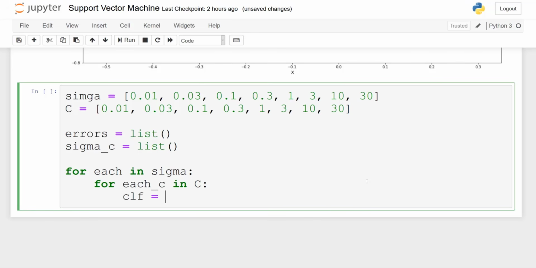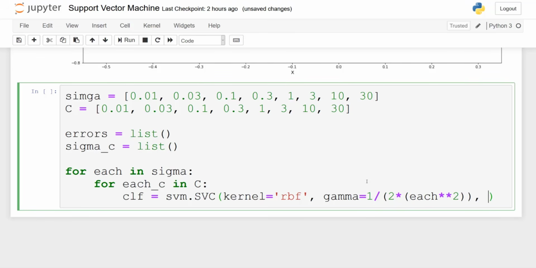we will define a classifier and we will fit it. So clf is going to be equal to svm.SVC. The kernel will be RBF again because the boundary is likely nonlinear. Gamma will be equal to 1 over 2 times sigma squared.